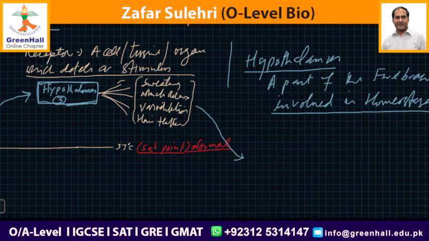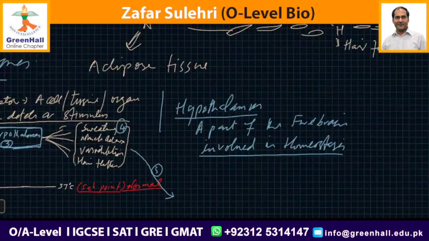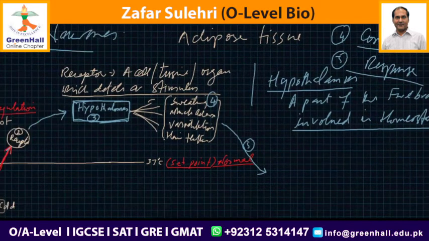So this actually is number 5. Number 4 is corrective events. Corrective events. Any events in the body that bring the deviation back to the normal. And what is number 5? Number 5 is response. इसी तरह से if someone is playing in the cold,